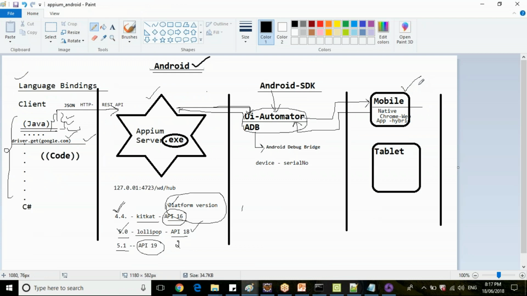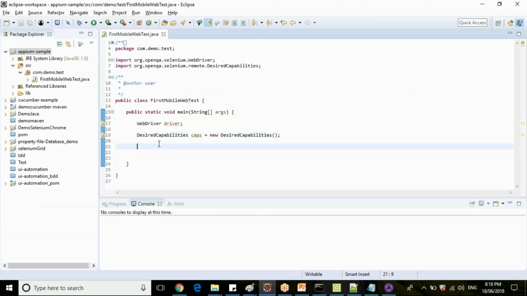Name of this mobile, okay? Mobile name, mobile serial number, and what is the mobile operating system type? Is it Android or iOS? Then what is the platform version of this particular mobile? Okay. Let's add the desired capabilities.